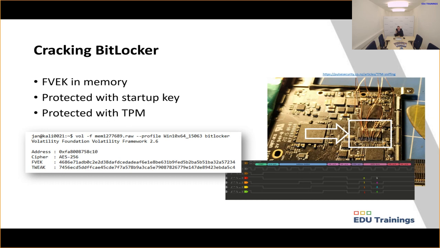So as you can see on the screen, which is another POC, try to take a look on Google for TPM sniffing. You will find some guy who was trying, or it's still working, to access the data that's going directly in and out of the TPM chip. And as you can see, he just connected the probe to those different connection ports of the TPM chip,